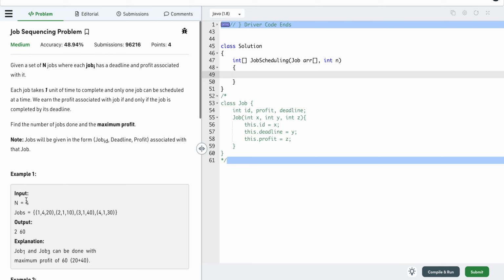So what we will be doing is, first we will sort this in the decreasing order of profit. So first it should come like 40, this profit is 40, then the second 30 profit, and then 20, and then 10. Then we will traverse in the descending order of profit, and then we will